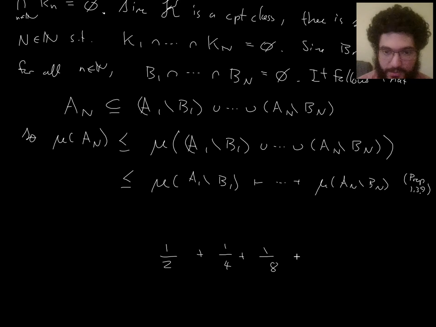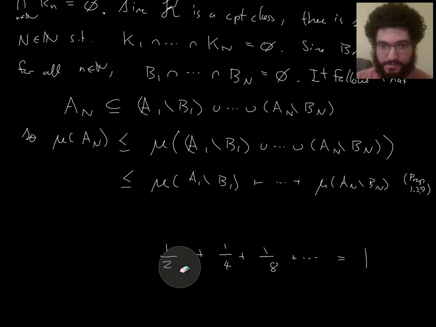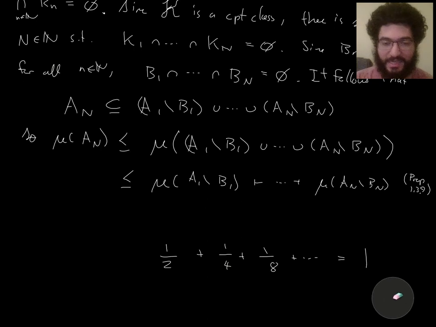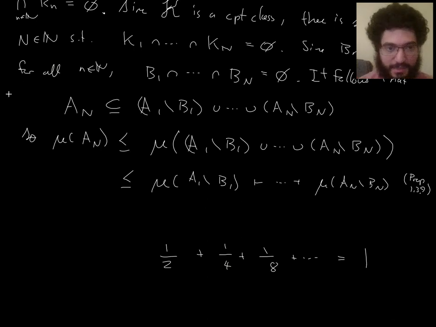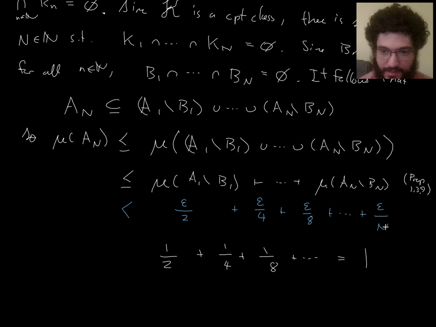that if you just add powers of a half, forever, that's still finite. You get 1, right? So that's like a geometric series with the base being a half. So we all know that we get 1 when we do this. So if I make this one less than a half epsilon, and then the next one less than a quarter epsilon, and the next one less than an eighth epsilon, and so on up to the last one, less than, I guess, 1 over 2 to the capital N epsilon,